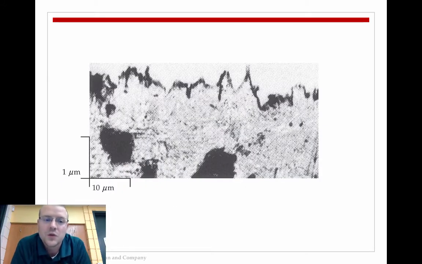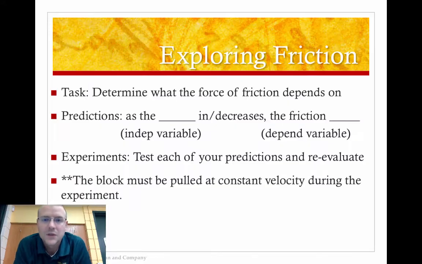Here is a picture of paper zoomed in down to the micrometer range. You can see that a smooth piece of paper that you might be writing on right now actually has tons of hills and valleys all over it. It's not perfectly smooth. So what we want to look at here is the exploration of what causes friction,